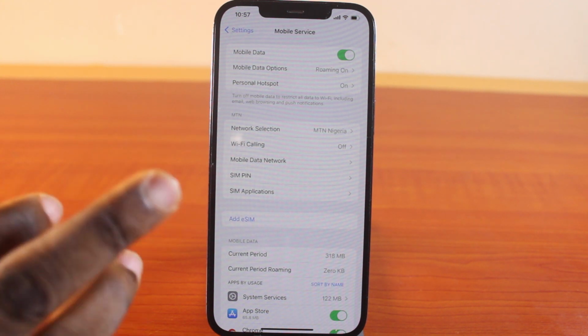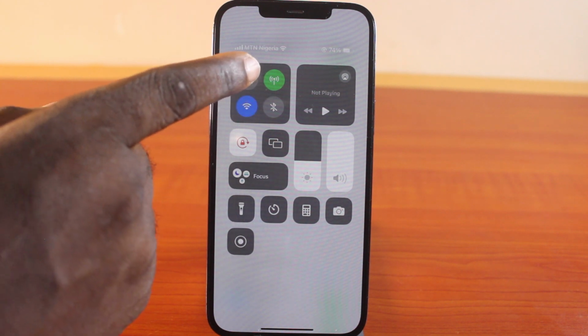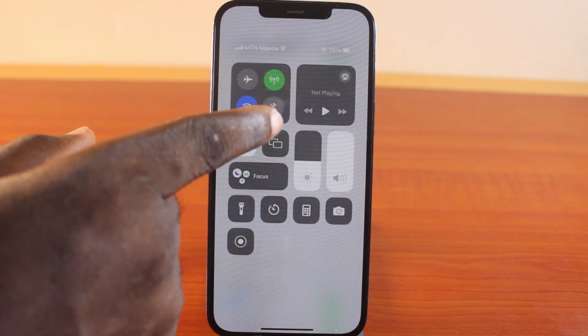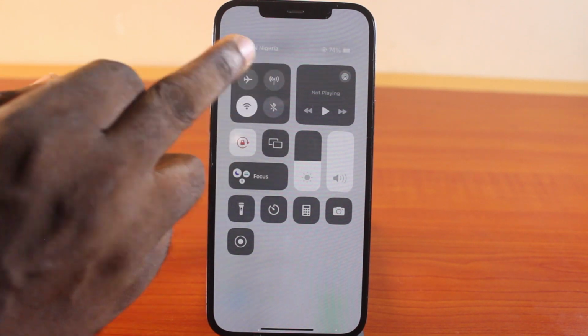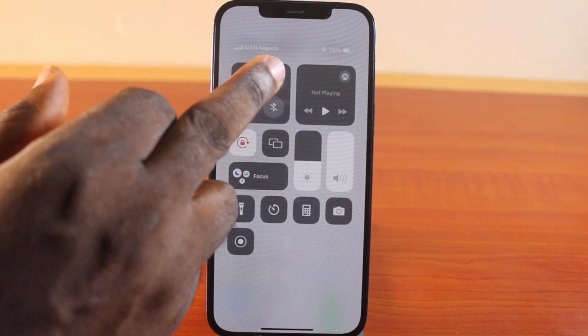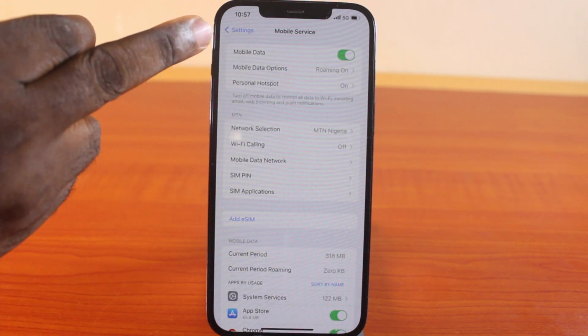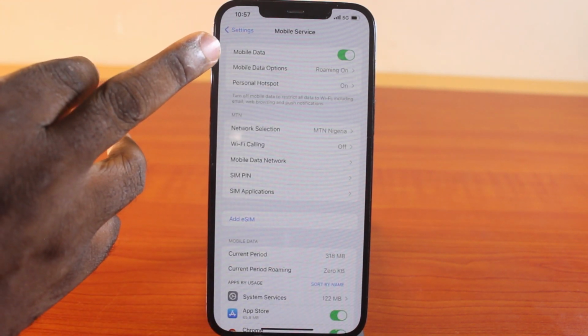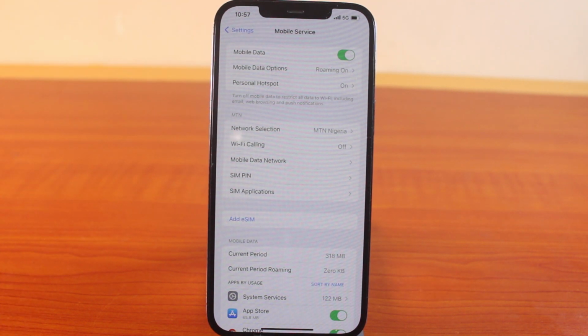If your iPhone is not connected to Wi-Fi, and even if it is connected to Wi-Fi, you should see the mobile data or cellular data turned on here. So if I choose to turn off the mobile data here, I can easily turn on my cellular data or mobile data in the Control Center. Also, you can come to the phone settings and turn on your mobile data or cellular data in that mobile service on here. So this mobile data or cellular data are similar because they are used